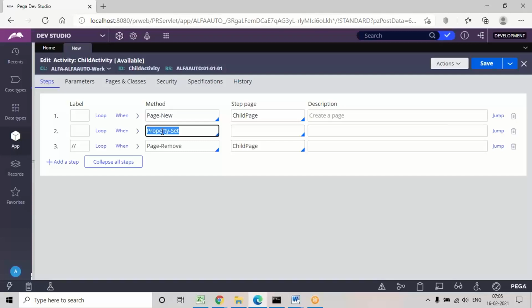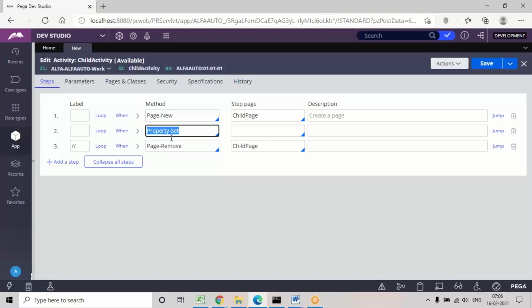But the thing is, I told you that the clipboard is the main interface. Any mapping you do with the property set method, whether work to table or table to work, will only map to the clipboard. Again, from the clipboard, if you want to map to the table, or from the clipboard to the UI, we will be using some additional methods in the coming scenarios. So don't worry, you'll understand this method better in the coming scenarios. Today the purpose of this method is just to set or assign values to a property.